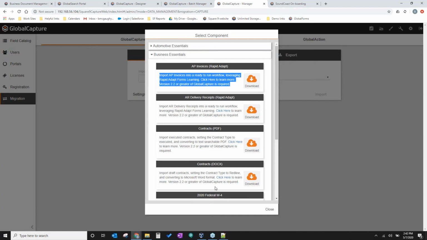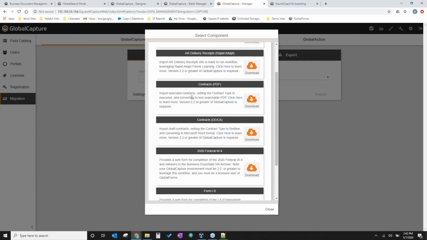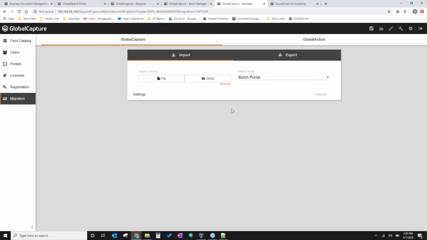We give you these as being a customer of ours. And you notice we've got a number of different ones. We've got one for delivery receipts for accounts receivable, which works exactly like our AP, but it's going to be grabbing delivery receipts. We have one for contracts. We saw the contracts that we created earlier. So let's say we created those contracts and we weren't using something like DocuSign to get the signature. We could send those out, have them send those back, and import those in and change them or store them into the system. We can grab our W-4s or I-9s. So we have a number of different pre-built templates for you to use at your discretion, right?